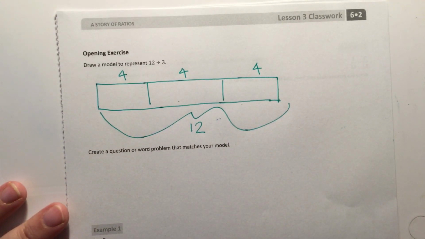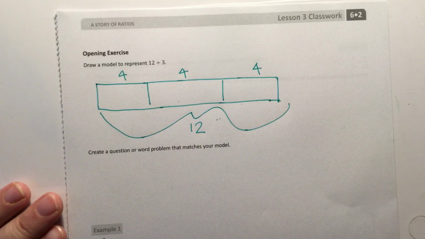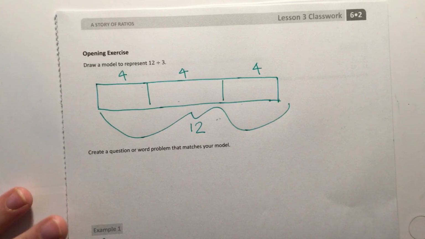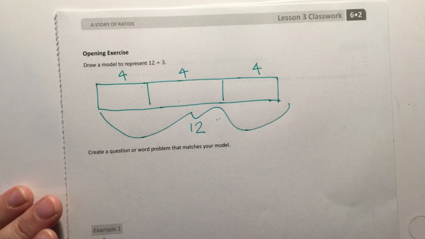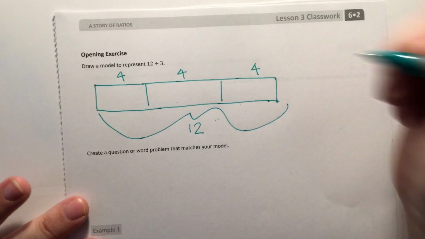So this is going to be your partitive division. You're dividing it into parts. Simple enough, I think. If we wanted to do it in measurement, so we can label this